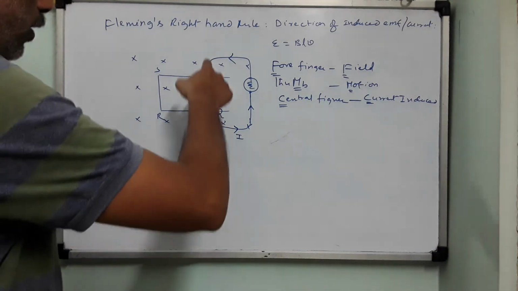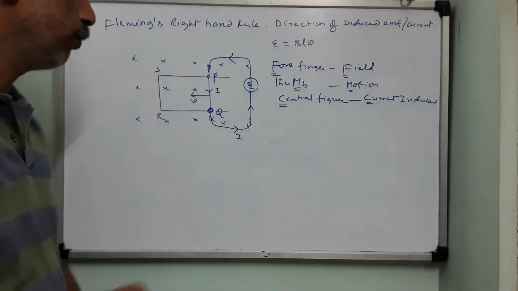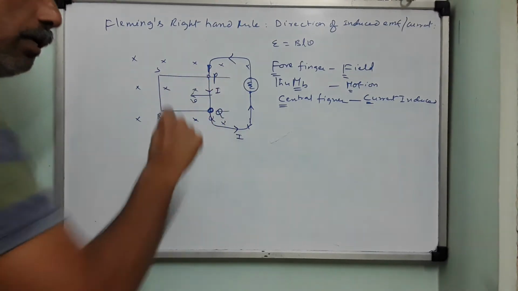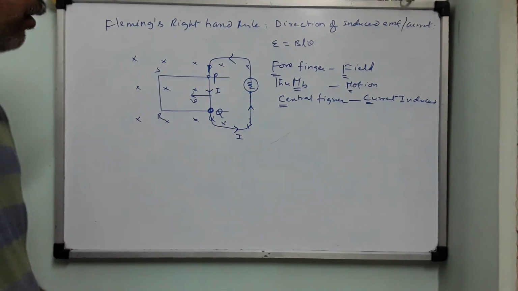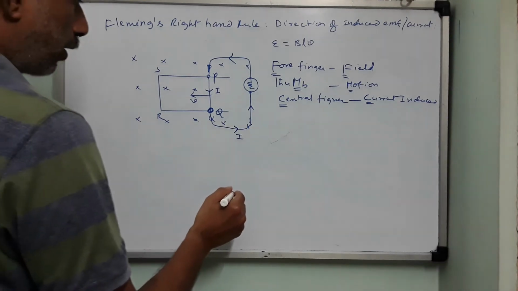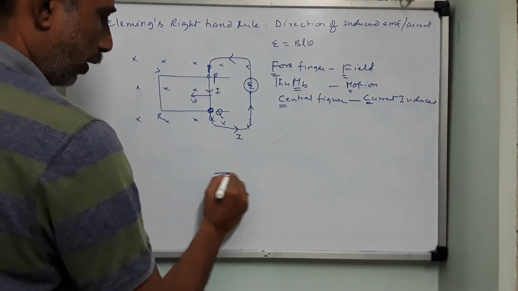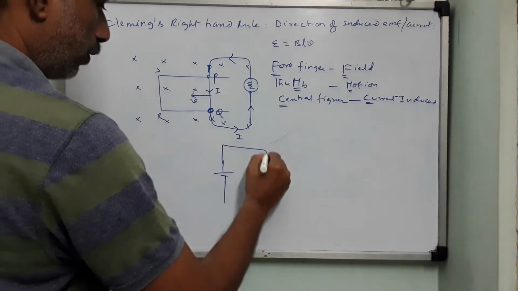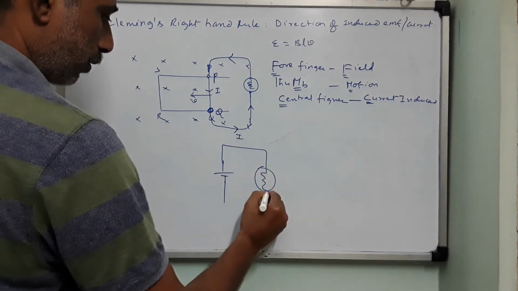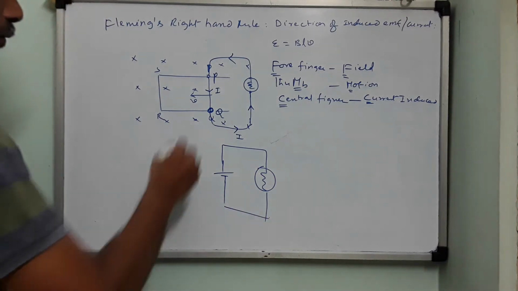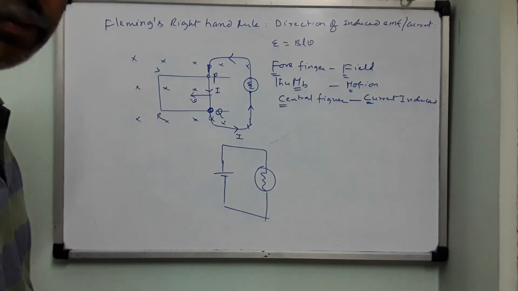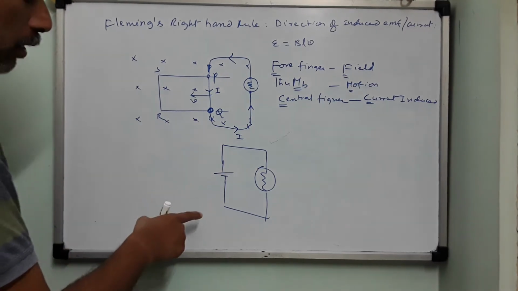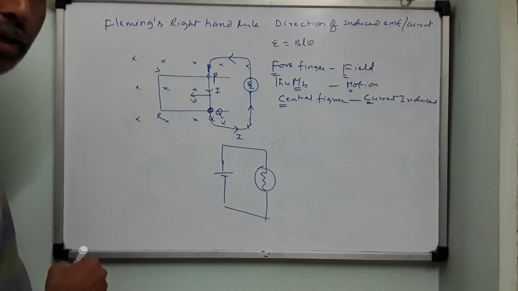So now your rod PQ, the conductor PQ, which is moving on the rails, will behave like a battery. So this equivalent circuit I can draw like this. So this will be plus, minus, like this. This is your bulb. That means the rod can be replaced by a battery now. This is a battery. Now is this correct? Is this polarity correct? Is it plus on the top and minus at the bottom?